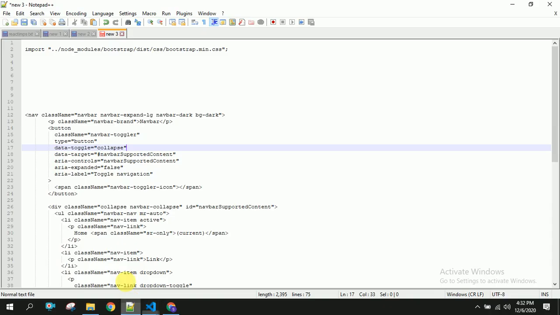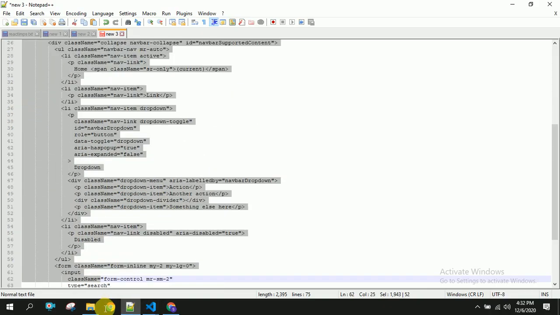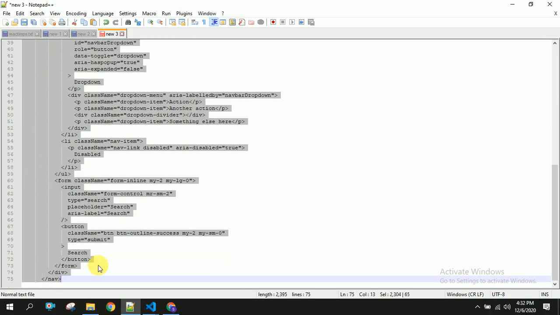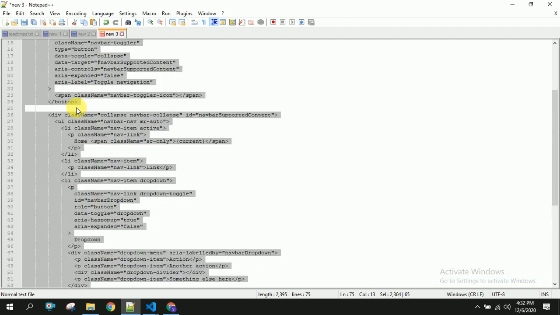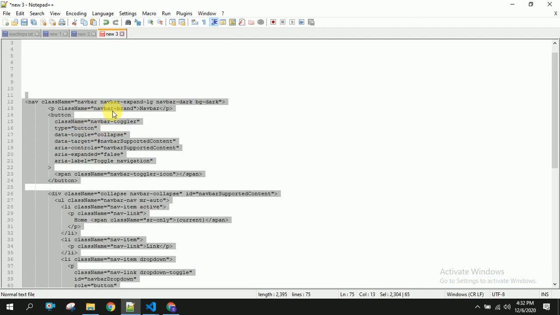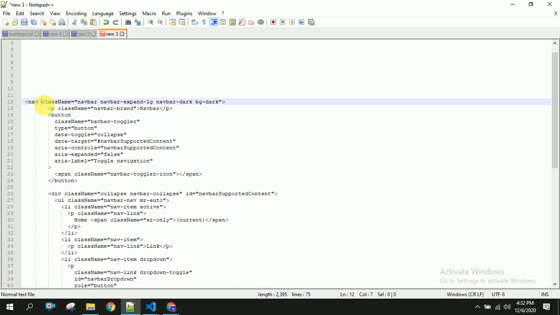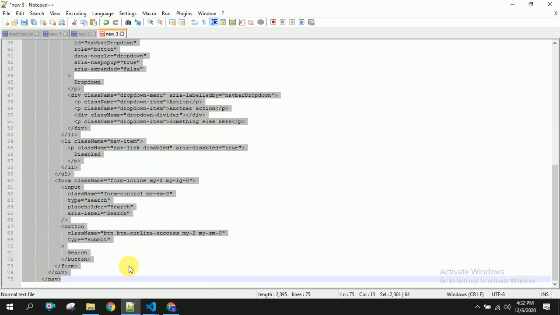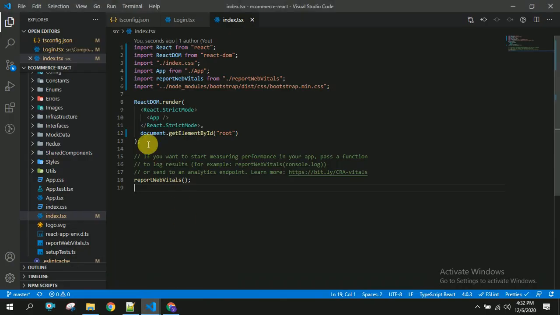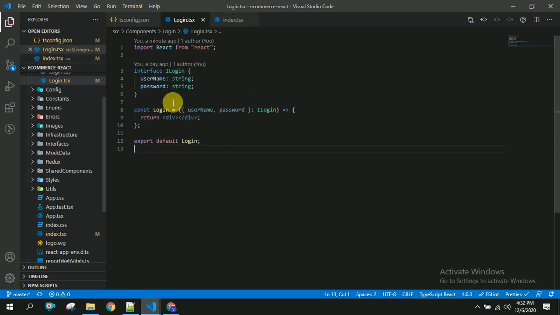Now we will test whether our Bootstrap is working or not. For that I have the navlink code. I have customized that because in Bootstrap there will be class, but we have to add className in React. So I have customized this like this. I am going to copy this and paste it in my login.tsx.